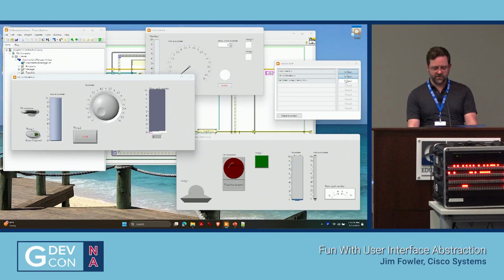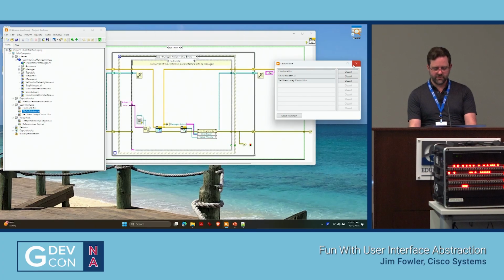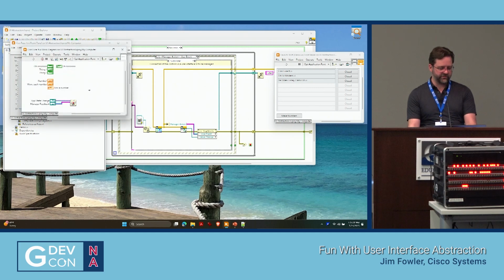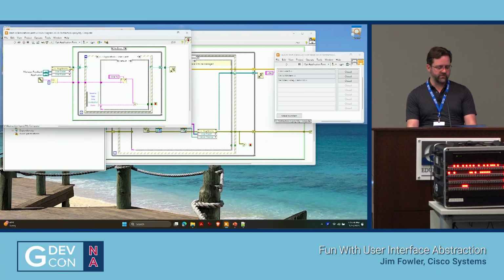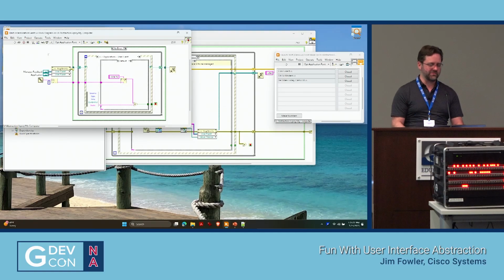I should probably back up here and show you one of these. Let me close the application. If I show you one of these, there's really not much going on here. There's just control terminals and indicators, and I know other people in here have done it in different ways. I saw the JKI implementation of the Stargoat that uses something similar.